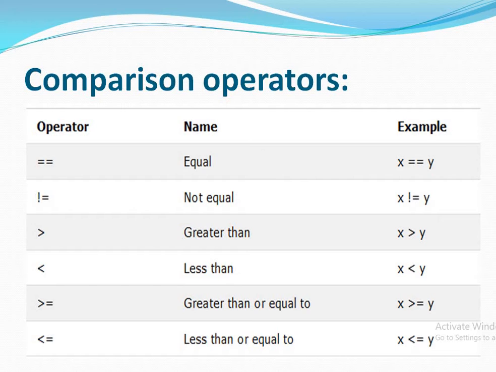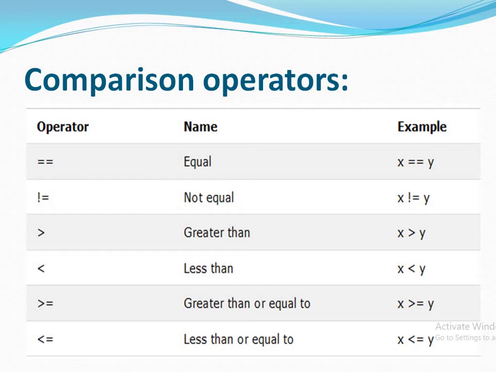It will compare the left hand side with the right hand side, or the right hand side with the left hand side, and the result of a comparison operator will be either true or false. It can't be anything else, because if you compare whether 5 is greater than 6 or not, you will get the answer as either true or false. It can't be like yes, it is greater by 1 or it is less by 1. That kind of result you cannot get.